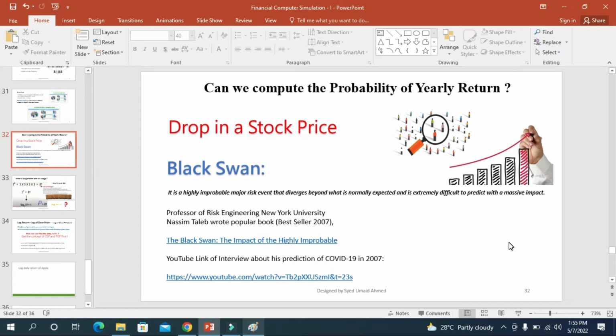انہوں نے کہا تھا کہ ایک پینڈمک ہمارے ٹریول کرنے کی وجہ سے جرمز ٹرانسمٹ ہو رہے ہیں، اور ایک پینڈمک آئے گا جو پورے پلانٹ کو اپنی لپیٹ میں لے لے گا۔ اس انٹرویور نے ان کی کتاب سے وہ لائن پڑھی، اور کہا نسیم طالب آپ نے تو یہ 2007 میں پریڈکٹ کر دیا تھا، تو کیا یہ پریونٹیبل بھی ہے؟ تو انہوں نے کہا کووڈ از ناٹ اے بلیک سوائن، کہ کووڈ وہ بلیک سوائن نہیں ہے۔